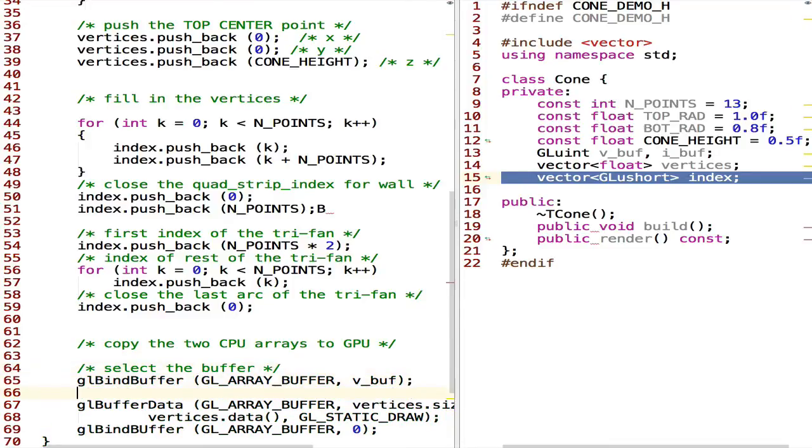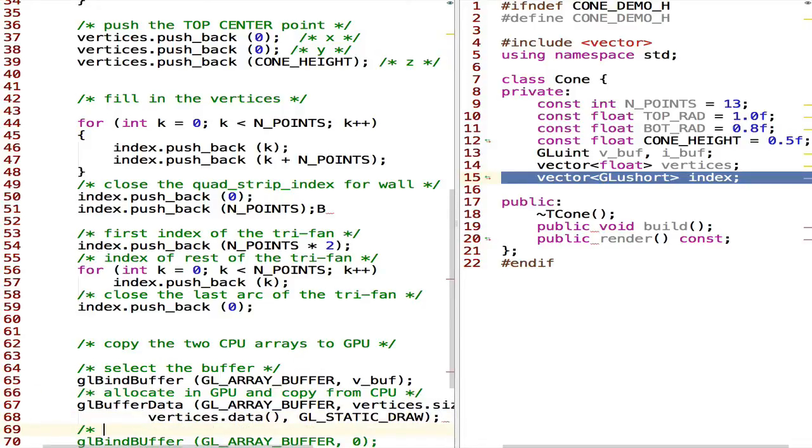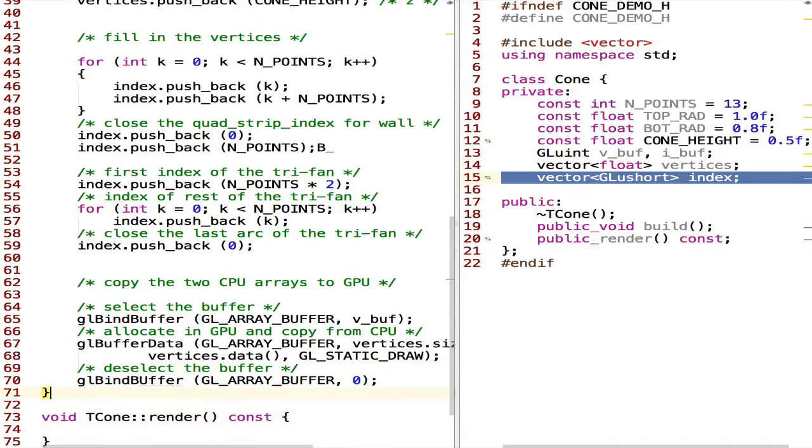And then the second action is to allocate and copy. Allocate in GPU and copy from CPU. And the third call is to deselect. Deselect the buffer. And I can repeat the second step for my